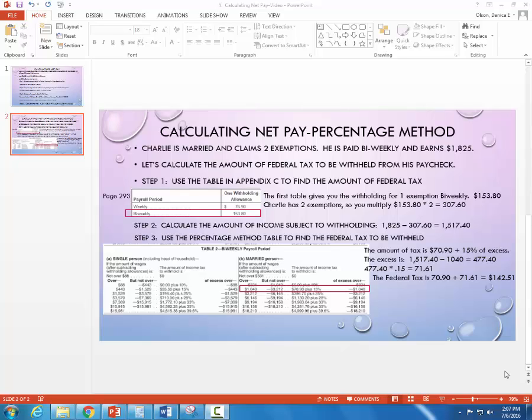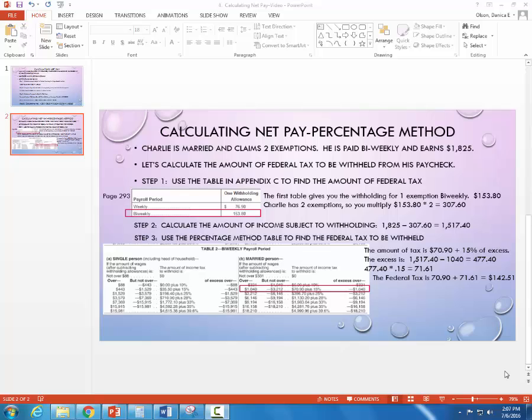Let's do an example of calculating the net pay using the percentage method. Charlie is married and claims 2 exemptions. He is paid bi-weekly and earns $1,825. The first thing we want to do is calculate the amount of federal tax to be withheld from his